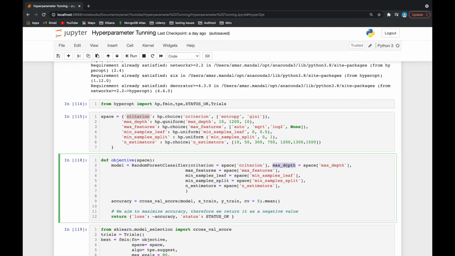Then in maximum depth, it will take values of maximum depth and so on. Then after that, we have to find the accuracy. So for accuracy, we are taking the mean value using this method cross_val_score. And we are returning the negative accuracy. What it will do, we will try to minimize the loss value.